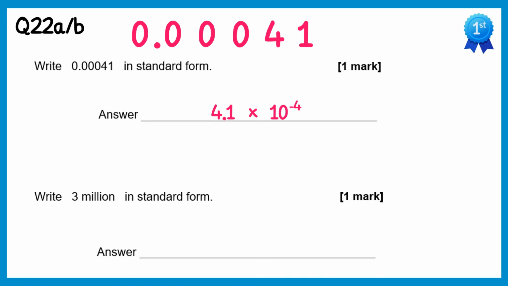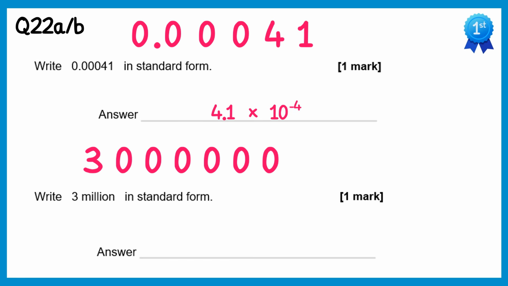For the next one, we need to do 3 million. That's a 3 with 6 zeros after it. So we need to start with a number from 1 to 10, so we'd go for 3. And then we times 10 to the power of something. So let's pop the decimal point here and start with the number